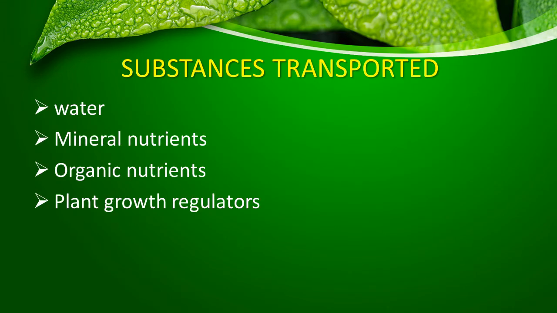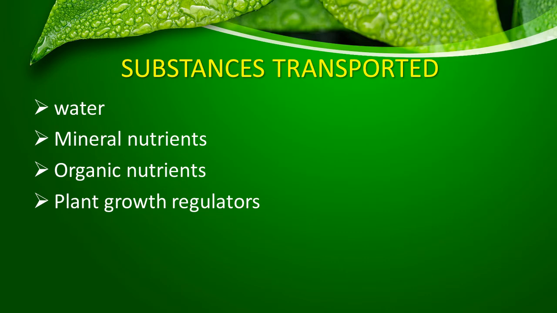In this chapter, Transport in Plants, we are going to learn how substances are moved in plants from one cell to another. See, when we pour water into the soil for a plant, the plant absorbs water. That means the roots contain several root hairs, where root hairs absorb the water and send it from one cell to another cell to the topmost part of the plant.